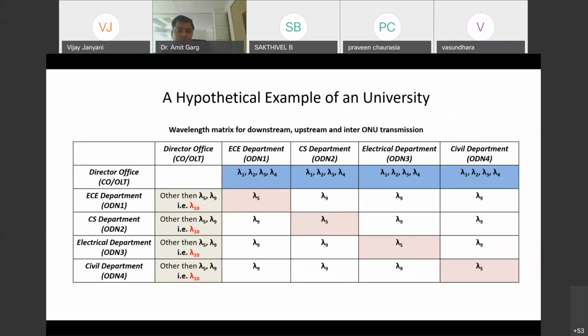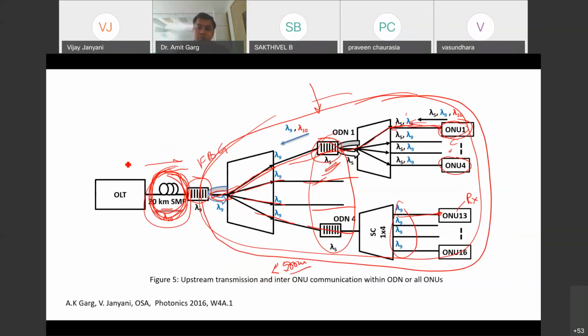So as I said, this is a hypothetical example of a university where you have different departments. The director office, let us say, is the central office or OLT, which is this.